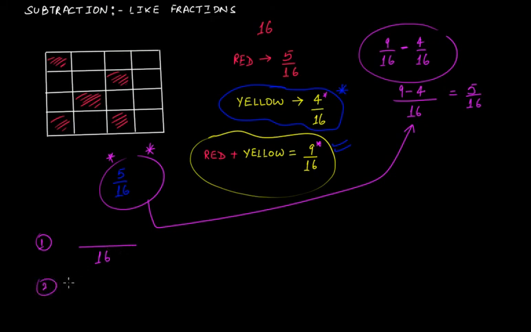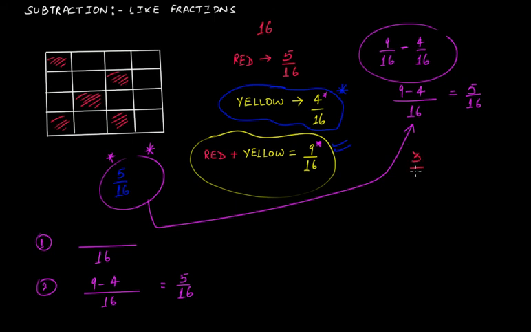Then the second step is simply to subtract the numerators, that is 9 minus 4. Subtracting the numerators will give you, in this case, 5 by 16. So this is subtraction of like fractions. This was a theoretical portion to explain how we can correlate and find out what steps we have to take. And if you want some more examples, let's take, you have to subtract